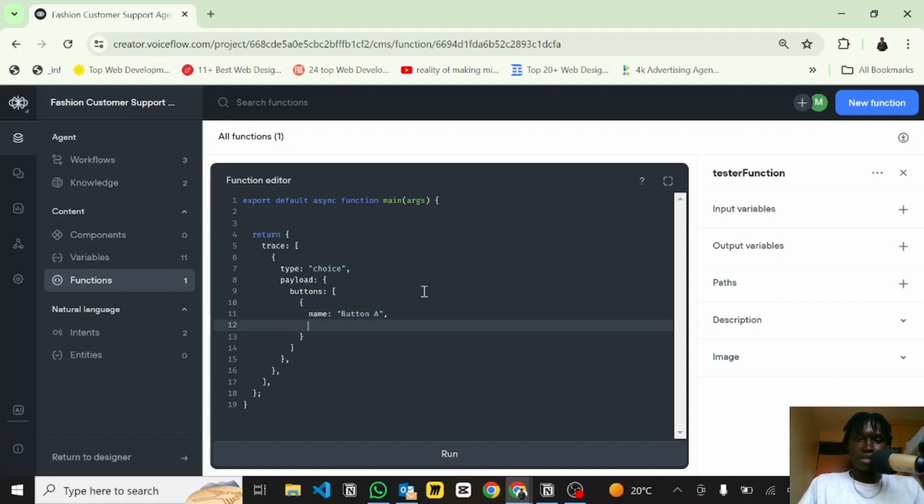Then a request. This is what will be returned to the Voiceflow runtime when the user clicks on that specific button. So the request has the request and the type of request. Let's call this event A. Then it can have a payload. So let's give it a payload of something. Let's say this payload has choice. I can actually type choice